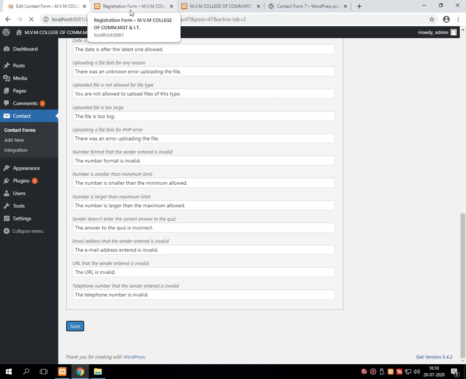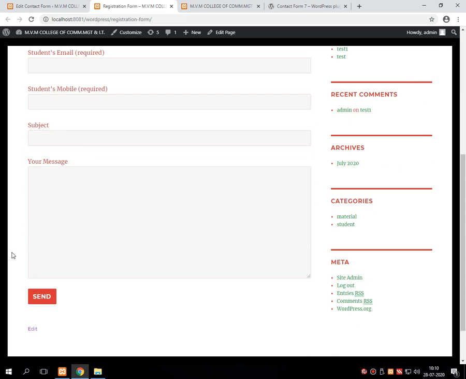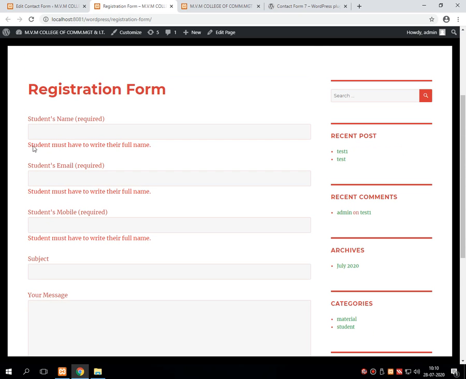Suppose I am refreshing the page and pressing this particular button, then it displays "Students must have to write their full name." But what happens? It also displays the same message for email, and it also displays the same message for mobile.